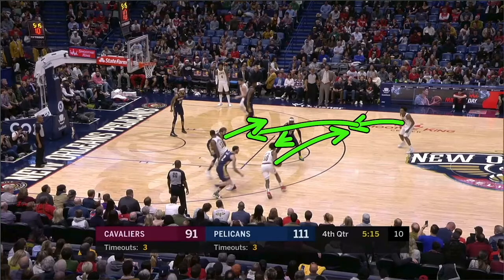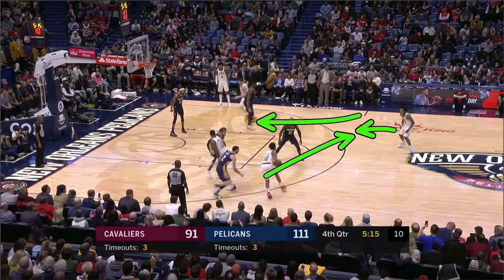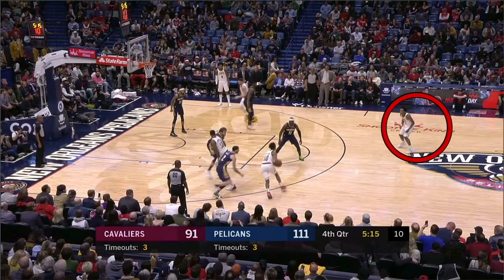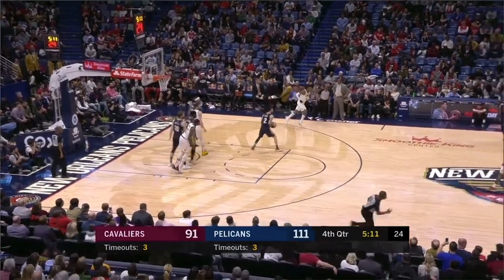Either this defender steps over so Tristan Thompson's wide open, okay? Or this defender steps up and this player in the corner's open for a wide open catch and shoot three, okay? Or Zion steps up, which forces this player to have to help the helper, so this player still is open for a catch and shoot corner three. So be up near the three-point line, right up there, so you can just get it, rip, and go into the lane. See, when you stand all the way out here, you allow Jrue Holiday to be in the gaps defensively and then recover back out. Okay, now you're just jacking a 35-foot contested three, and you get nothing out of it.